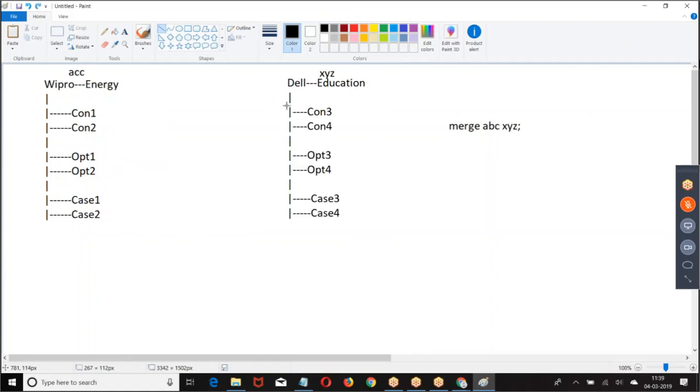Now, account 1 corresponding child records: the account's contacts, opportunities, cases. Account 2: contacts, opportunities, cases.